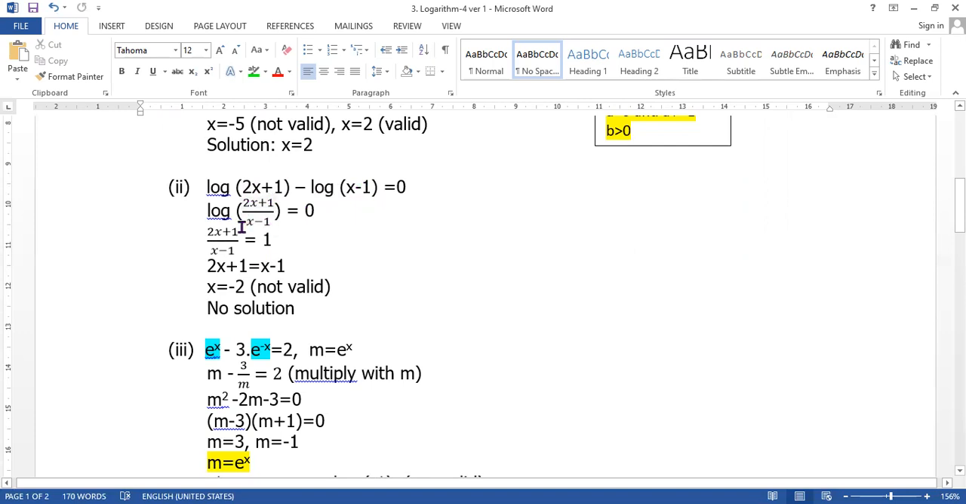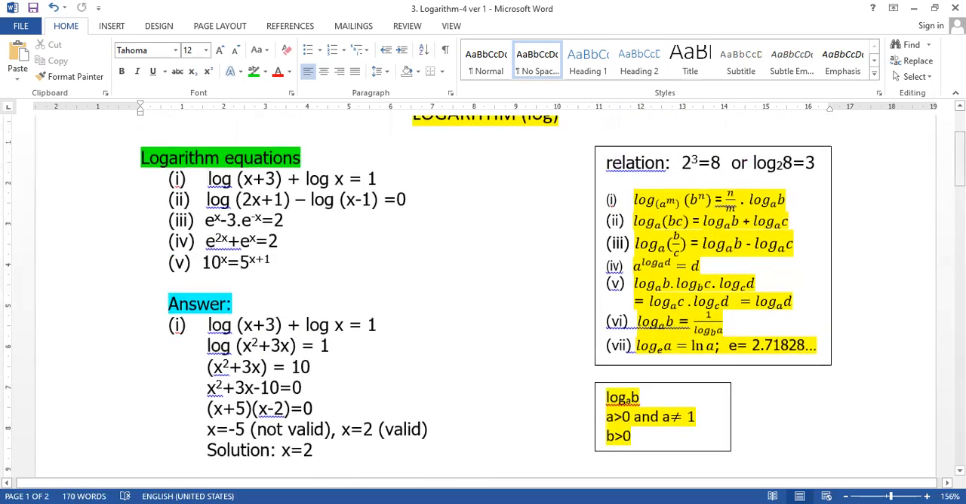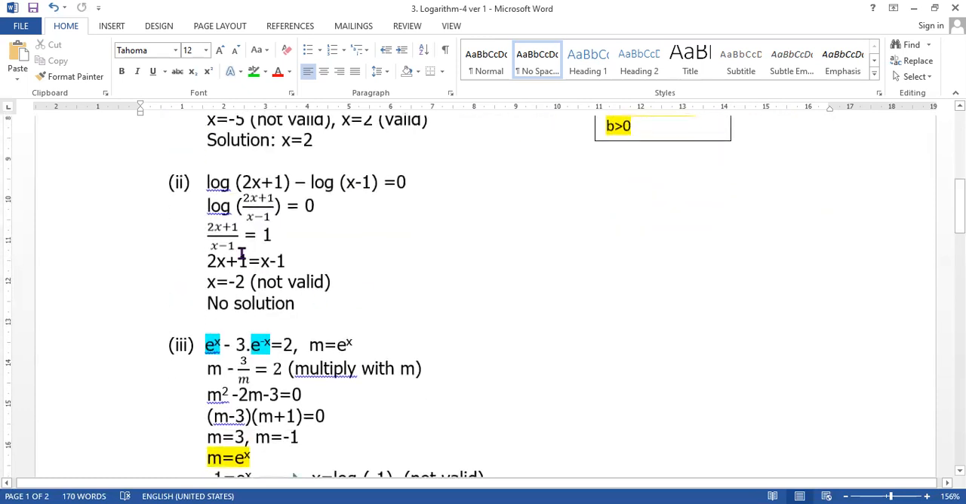Next we use the relation, this relation, and here the base must be 10. 10 to the power of 0, we get 1. After that, we multiply x minus 1 with 1, and we get this on the right side and 2x plus 1 on the left side. We use algebra and we get x